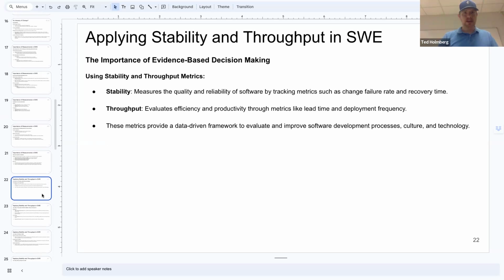Let me see. I kind of want to make sure I get through the core portions of this before we run out. I have about 5 minutes left. So